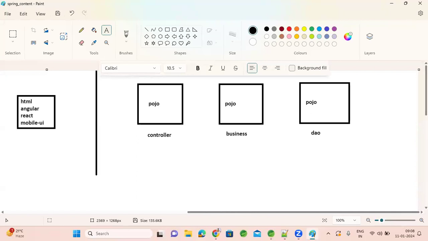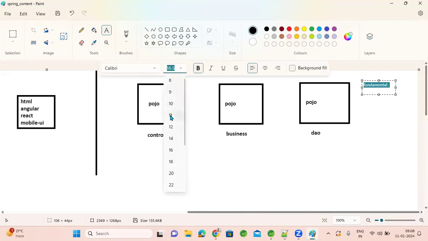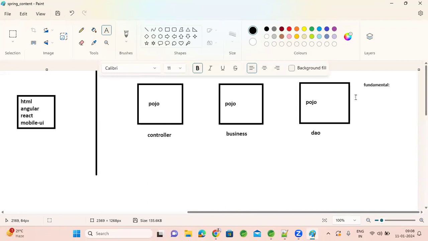First they are asking you to learn the first fundamental: learn how to create a POJO class.